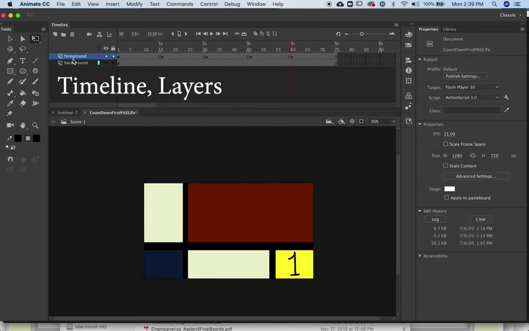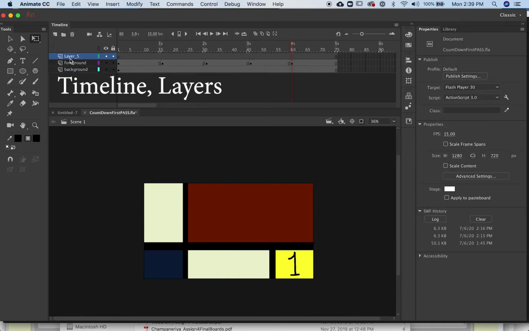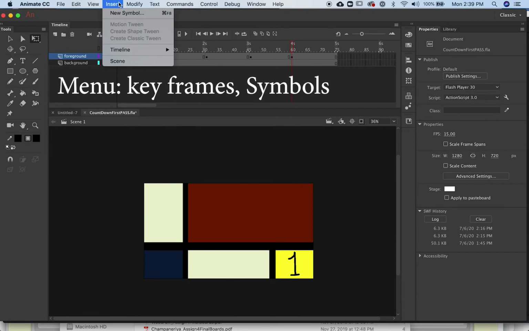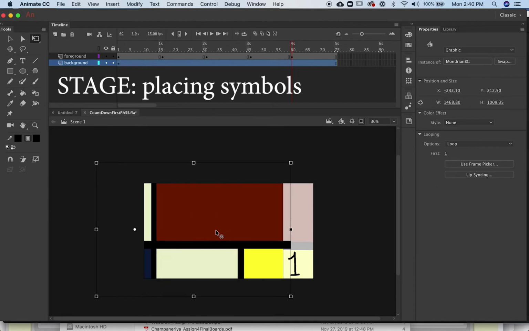what Animate has. The layers, we'll really start with just 2 layers, but you can add layers, not unlike Photoshop. And so the menu, we'll talk about keyframes, symbols, how those are important to orchestrate your animation. And so there's many different ways to approach it, and we're going to just go over some of the basic